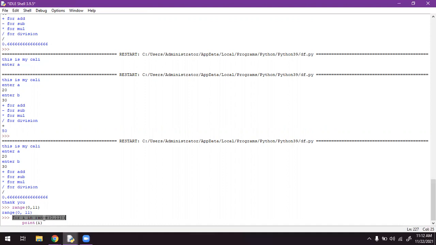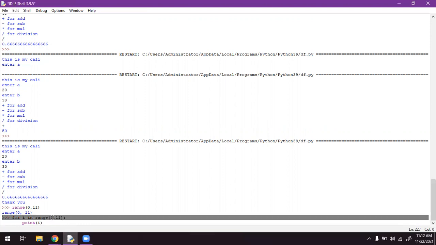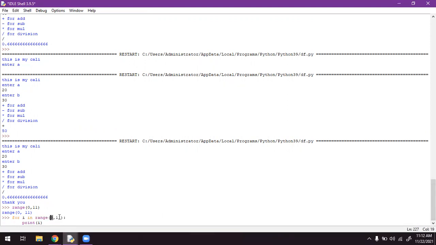We are mentioning the range from 0 to 11. It has to start with 0 and the total numbers must be 11. Each time in the for loop the value of I will change, and that I will be printed here.